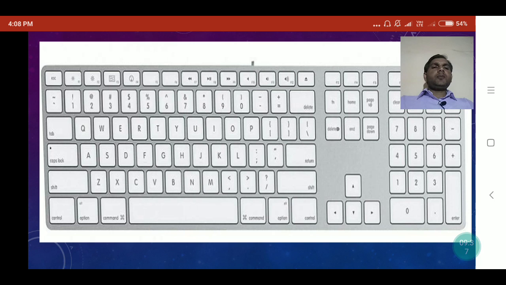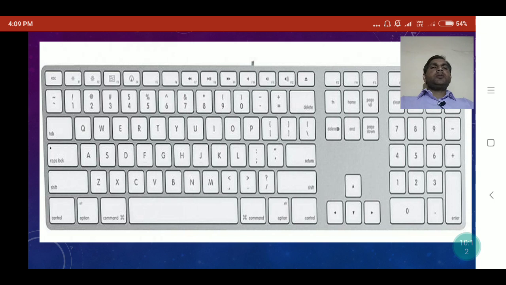So we discussed the categories and types of keys in the keyboard. Now we discuss how a typist performs typing. Have you seen any person who is typing using the keyboard? He generally does not look at the keyboard, meaning he directly looks at the document on the screen. So how is it possible?